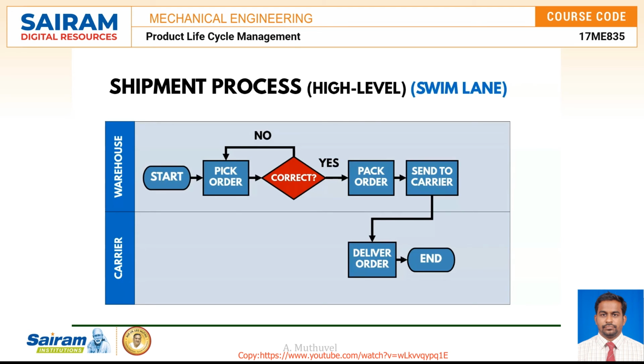And so what you're going to see on the left-hand side in this case are different groups or parties involved in the process. So the top swim lane represents the warehouse, activities they perform, and the bottom lane represents the carrier, activities that the carrier performs, like UPS or FedEx. And so when the process starts, the warehouse picks the order and checks to make sure it's accurate. And then they're going to pack the order and send it to the carrier. And then the carrier, like UPS, FedEx, or someone else, is going to deliver it. And then the process would end at that point. These swim lanes are really useful to represent who does what. It can be easily seen in the view.